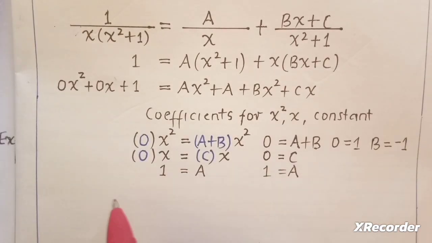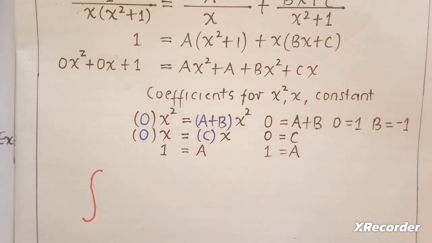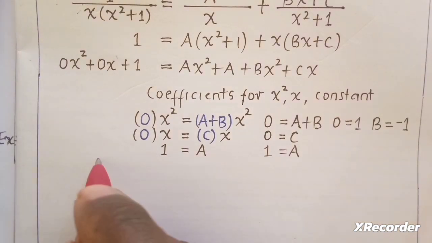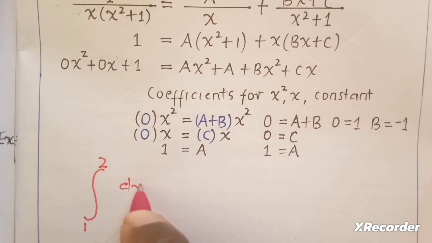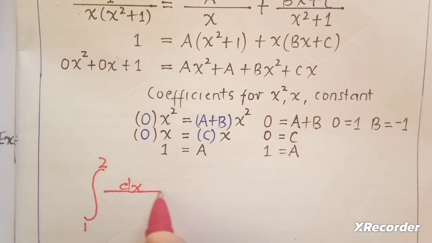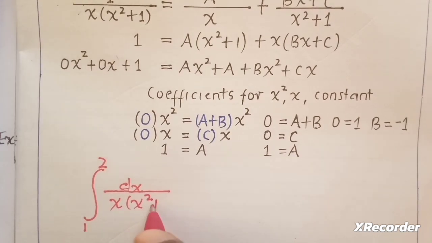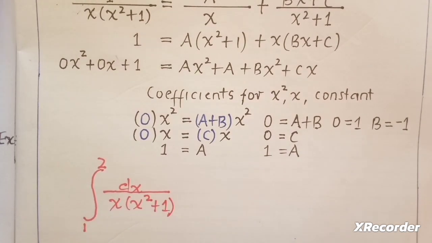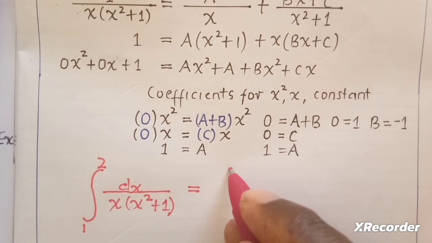This one is going to be equal to the integral from 1 to 2 of dx over x squared plus 1, which can now be written as equal to the integral